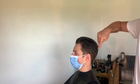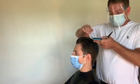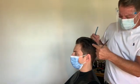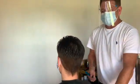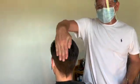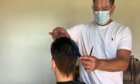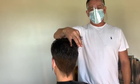And all we've done is we have taken a corner from roughly about an inch above the connection between the clippering and the back and the top. So that's got a rough line that works through here, and it's roughly about an inch higher than that. So if we work around, and remember what I've done is I've cut this side of the head. We haven't cut this side coming down, so when we lift that up, there's your corner. Okay,